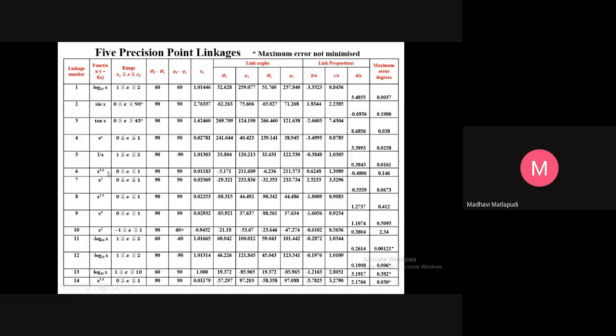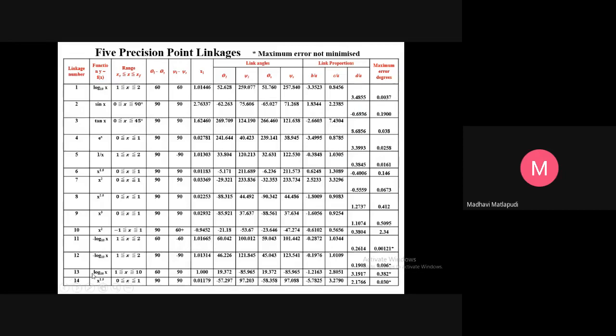Similarly, x to the power of 1.5. Then there is x square. We have already studied x square also in the form of some links, gears and all that. Here you can avoid all those mechanical elements and design a 4 bar linkage in order to obtain an output as x square. Then you have x to the power of 2.5, x cube, x square, minus logarithmic of x, minus log 10 of x, then plus log 10 of x. Here these two vary with input angles. There is a feasibility of obtaining the same output with different proportions and different ranges of angles.